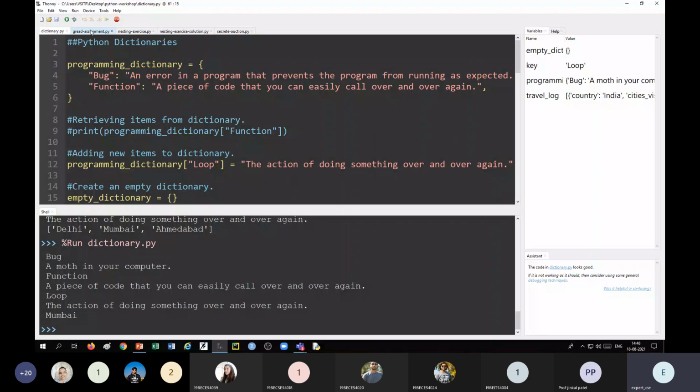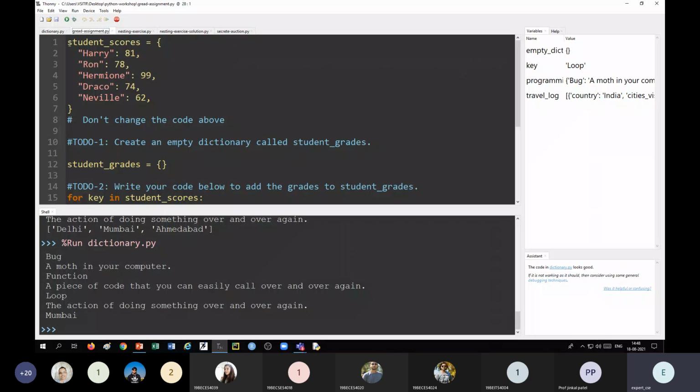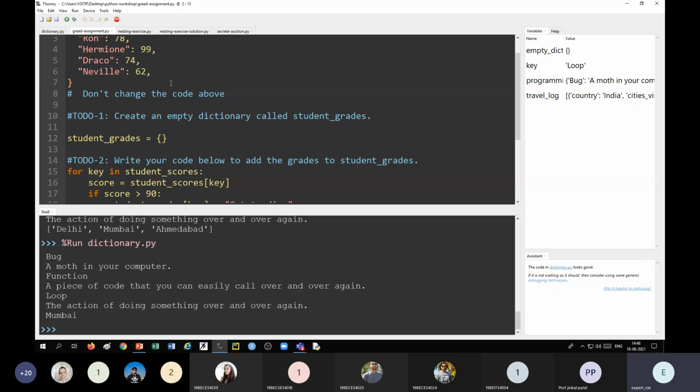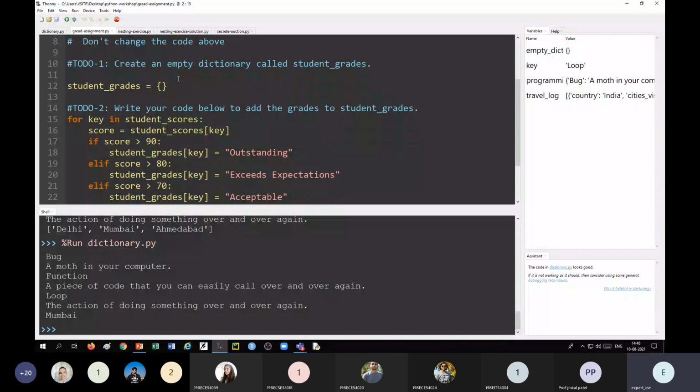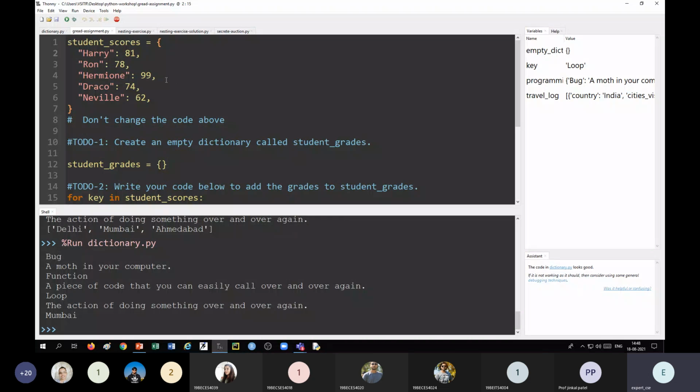For example, we have a dictionary called student scores, with the name and the score each student has obtained. So Harry, Ron, and others, I have 5 keys and 5 values. I want to change this dictionary by creating a new dictionary with the grade instead of marks.